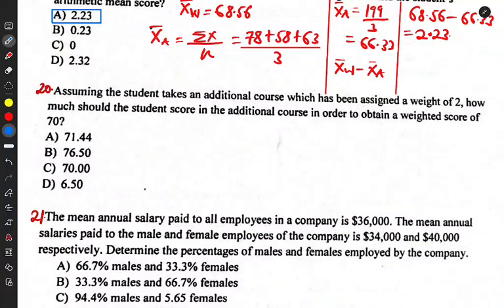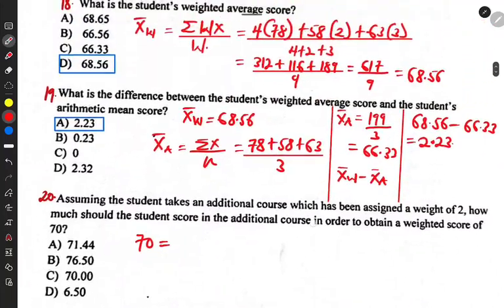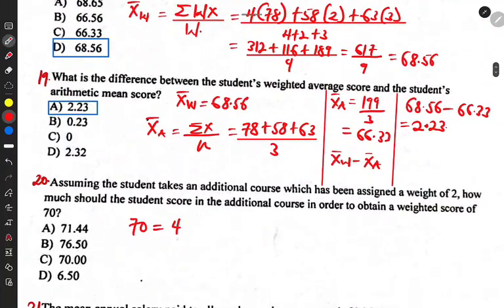So that means the student is also being assigned an additional course, but here we don't know the mark, though we already know the weight. And we have been given the average for that additional course together with the 3 courses that he or she was reading already. So we can say the weighted score is 70, and we already have our formula on top. So we have 70 equal to the summation of the weighted values, which were 4 by 78 plus